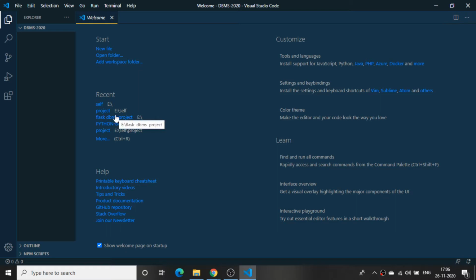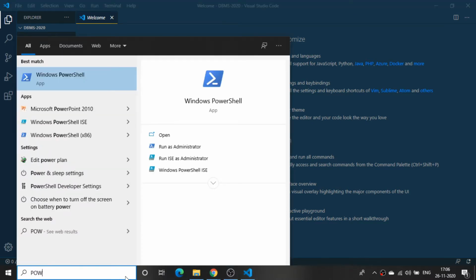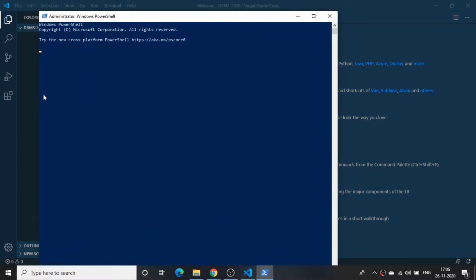We are using a framework called Flask. We need to download and install the Flask module. So just open your PowerShell. I'll open the PowerShell as administrator. Run as administrator. So we need to install the module. And one more thing, when you want to install any modules, when you want to download anything, at that time only the internet requirement is needed. Or else you can directly run your projects without internet too.